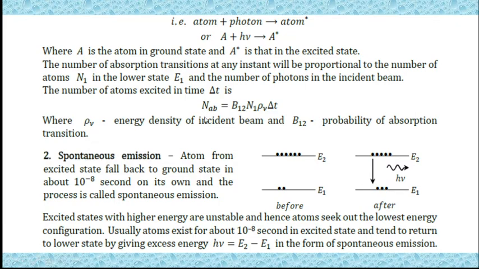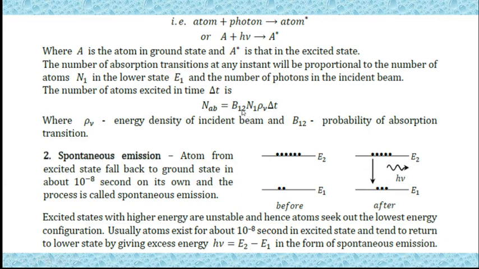Therefore, NAB, where N represents the number and AB represents absorption, is the number of absorption transitions, equal to B12 N1 rho V delta T,